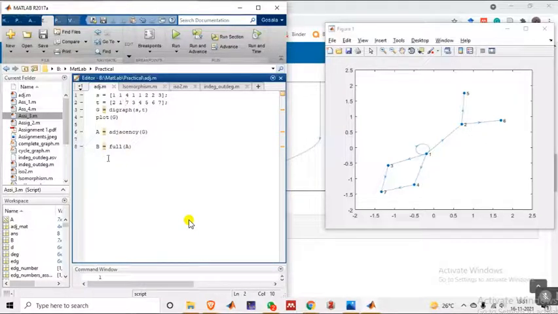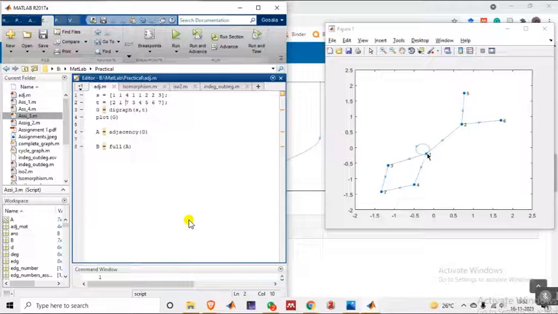So when you are filling, as I said, it is a 7 by 7. If there are n vertices in the graph, you will be getting n cross n. That means you will be getting a square matrix as an adjacency matrix. In that, if there is a loop on any vertex, you will be filling the diagonal element as 1 there. If there is no self loop, you can say there will be 0.